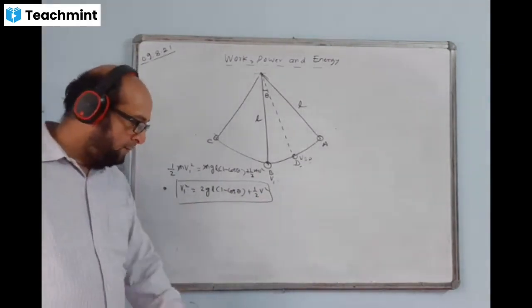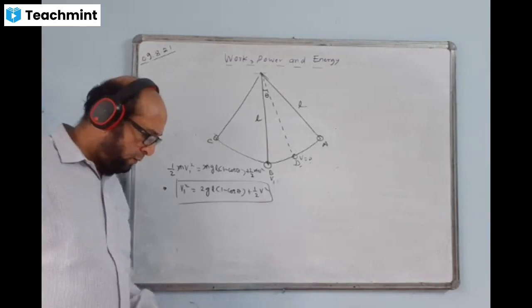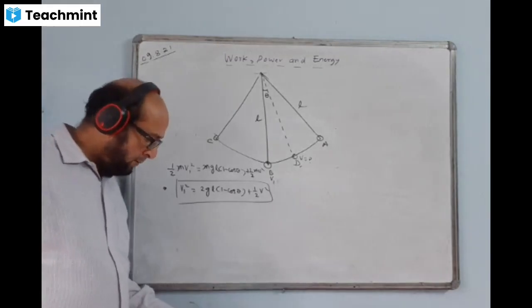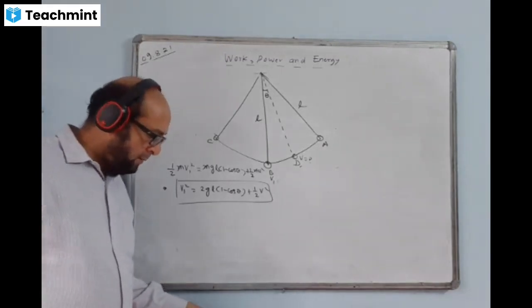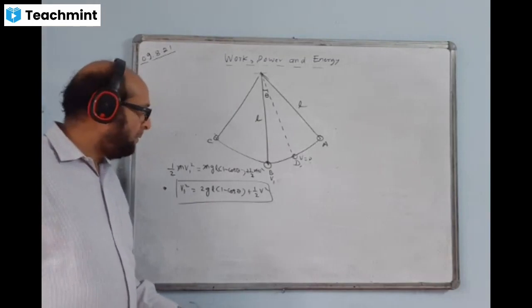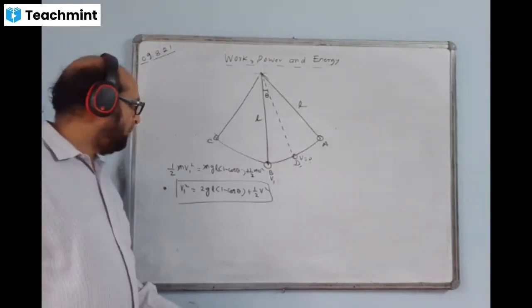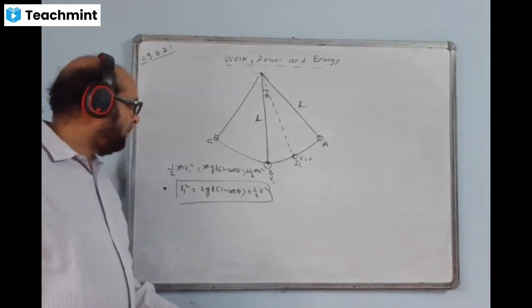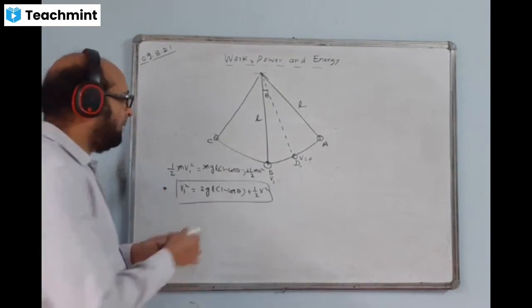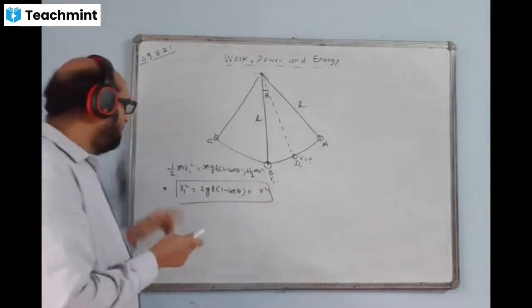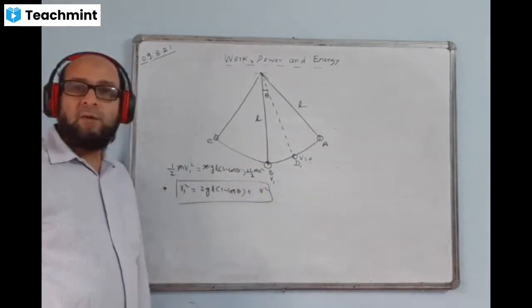Yeah. Sir. Yeah, tell me. Sir, in that part, you took that to that side, then it won't be half v square, it will be only v square. Oh, yeah. Yeah, you're right. 2 into this, I will do only 2 v square.